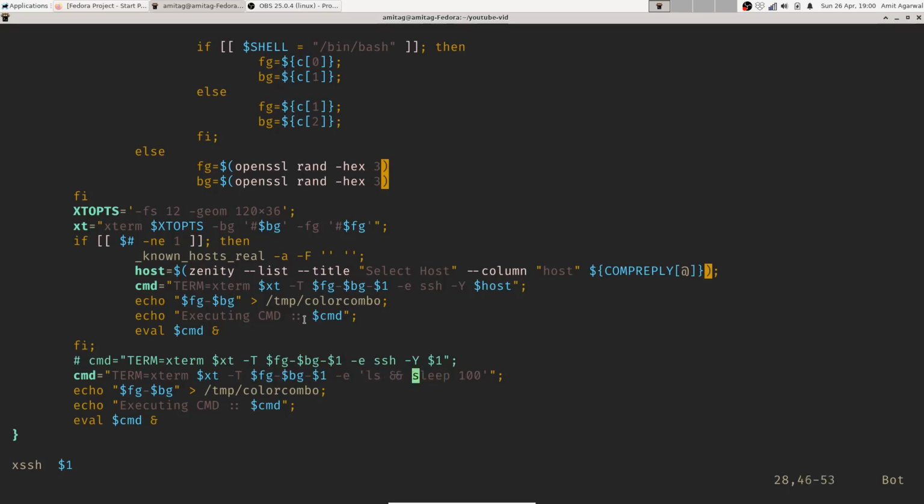so that you can see the colors when I am running it, because I don't have a server to SSH to now. I am just using the ls and sleep commands here. Now again, same thing, if we have not gone into this loop, then we go into this, and here we execute this, write color combos to temp color combo, execute the command, and run the command. And finally we call the function